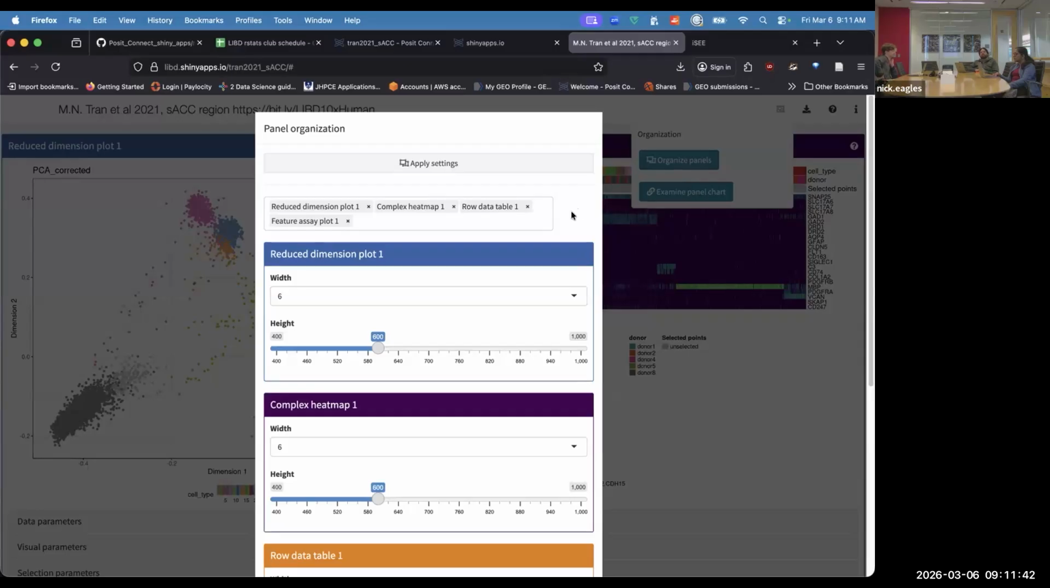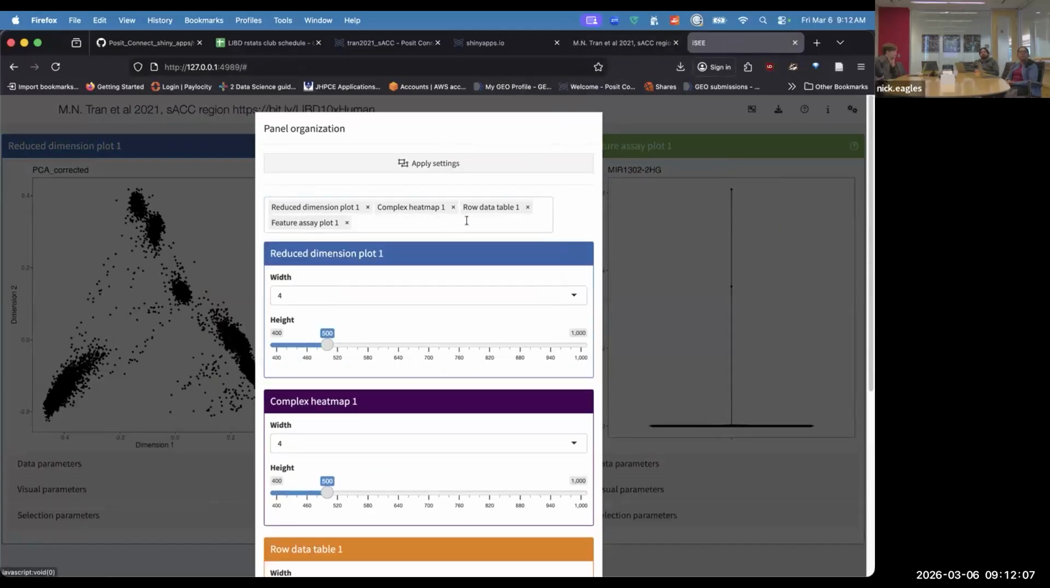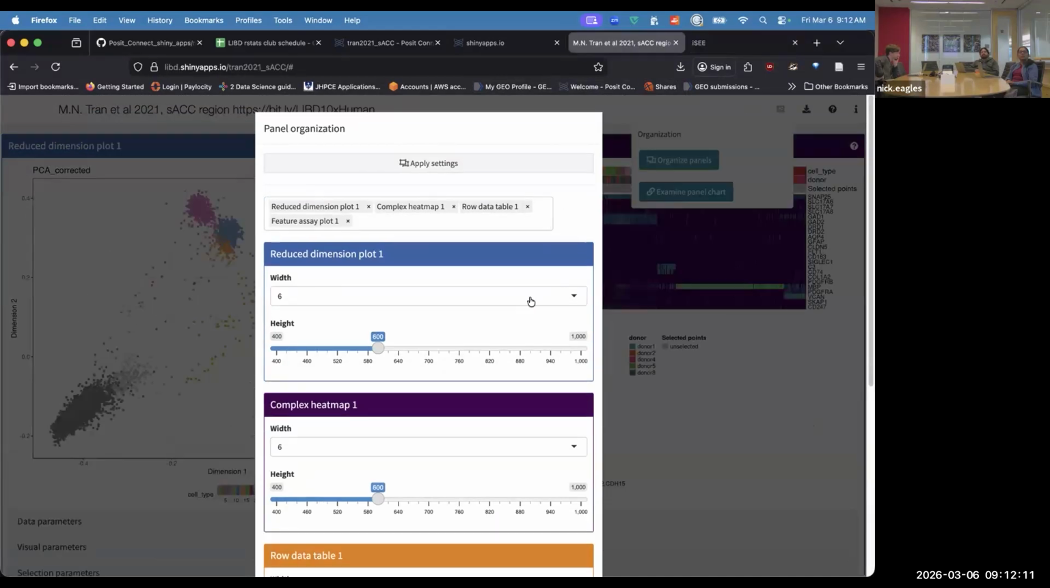So on your next tab, you try to organize them the same way. Reduced, complex, row data feature, row data feature asset. So the last 4 you can delete. Now, before you close this, go back to the previous tab, and you can see here that iSEE has this